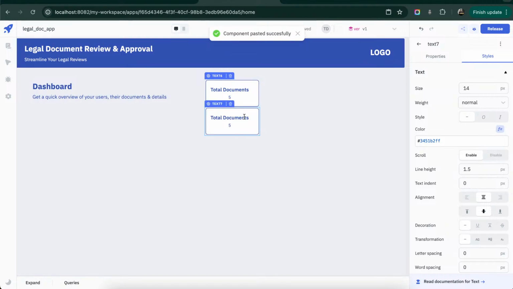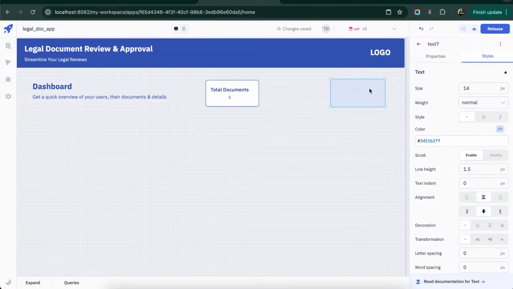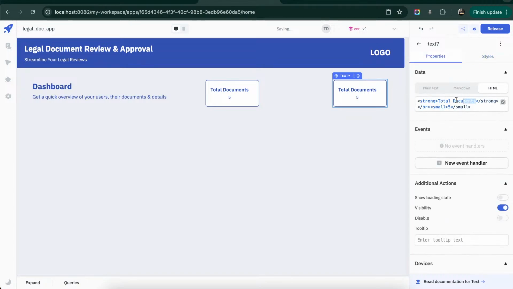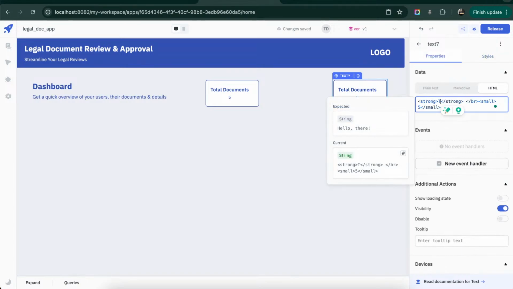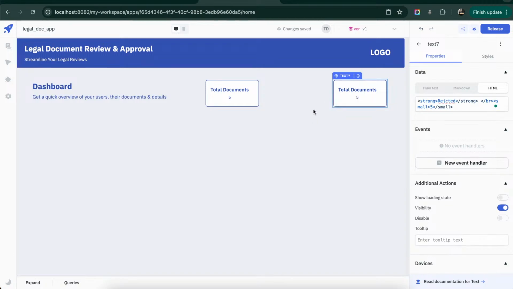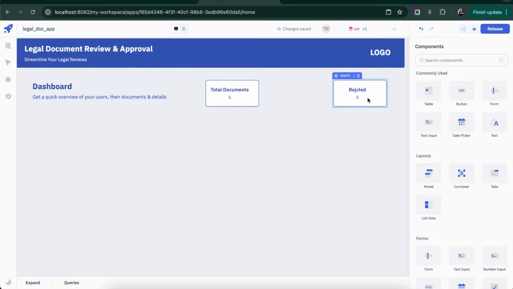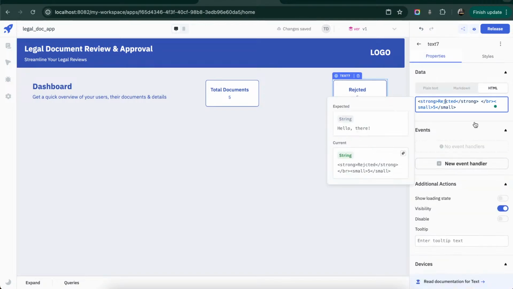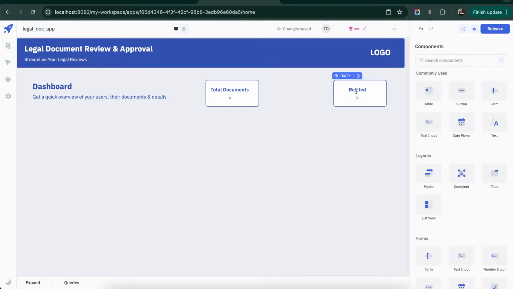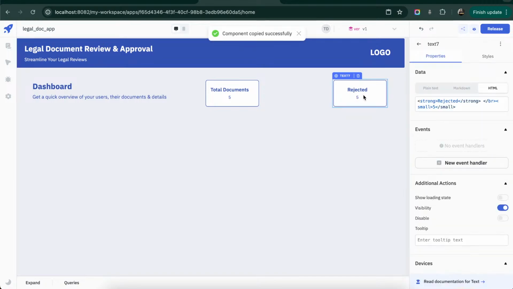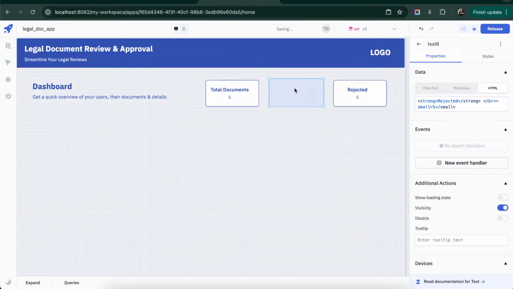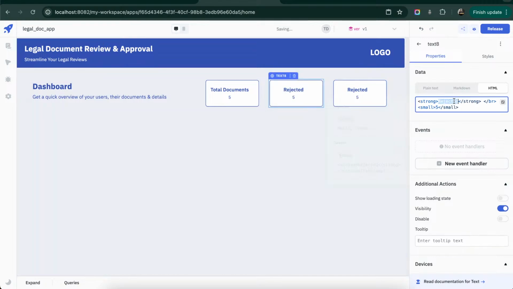Let's copy this too, and we will be keeping this as total rejected, and the spelling is incorrect, let me change, and last is approved. Okay,